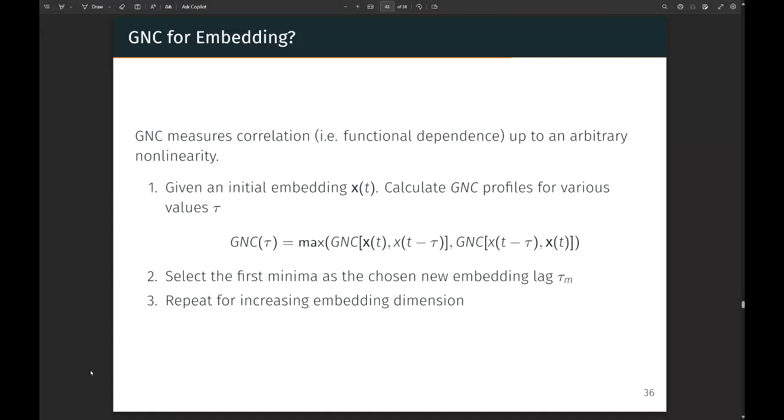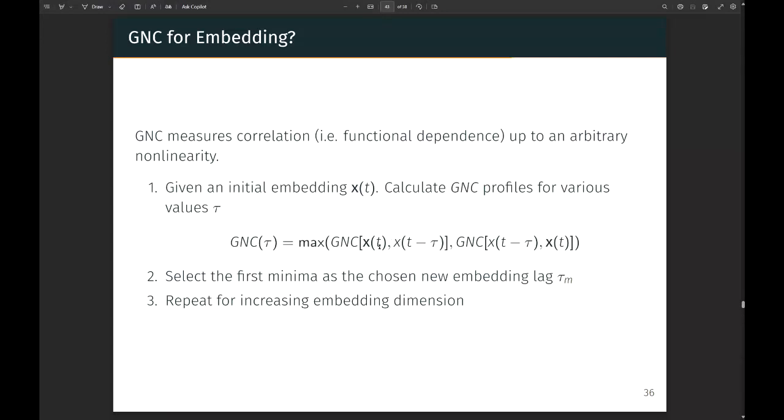So how could we then utilize this to figure out what lags to choose in embedding? Because in the continuity statistic approach, we want to find lags that are as nonlinearly uncorrelated as possible. First of all, we've got to deal with the fact that this GNC approach is asymmetric. So we test both directions.